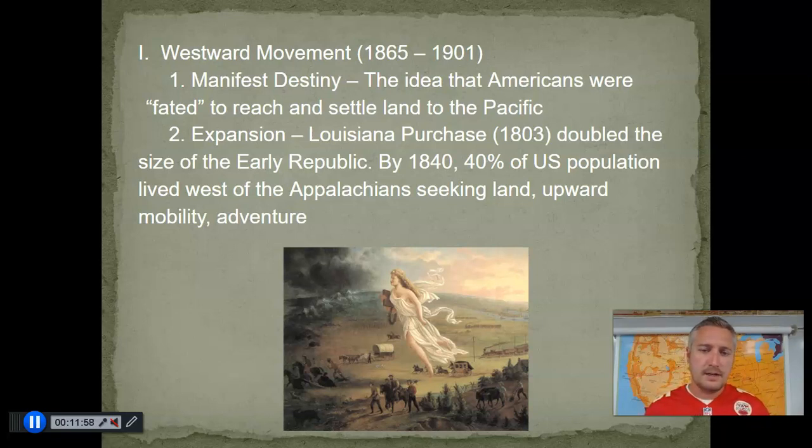So this idea of manifest destiny, that might be a word you've heard of before. And you break down some of those words, right? Manifest, destiny. So manifest has this idea of almost like a heavenly interjection, right? That perhaps God himself is coming down and saying that you are destined to spread westward. And frankly, a lot of people felt like that. So there had always been this idea that Americans were fated to reach the Pacific. Okay, that this was going to be a land that extended from sea to shining sea, which of course we know now did come true.